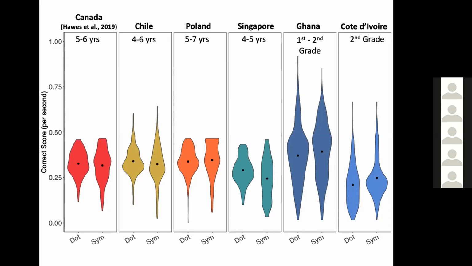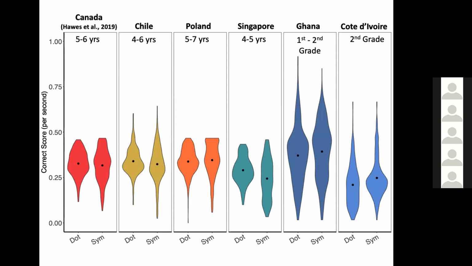I have a comment about the comparison slide that you have up there, Stephanie. One of the things that's kind of interesting about the Cote d'Ivoire, I'm not sure this is true for the Ghana group, is that the symbolic chunk, that part, is fatter, so suggesting the children are somewhat more similar, whereas the dot is more spread out, right? Whereas the opposite is true, for example, in Chile. The dot part is fatter and the symbolic part is more. And so if we're talking about relative amount of prediction here,